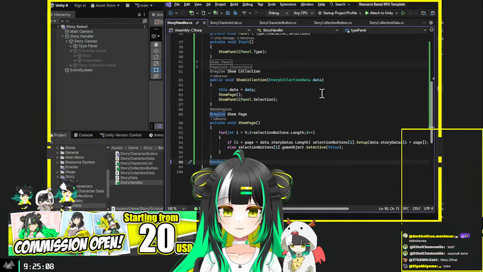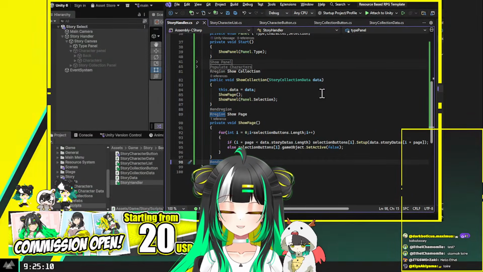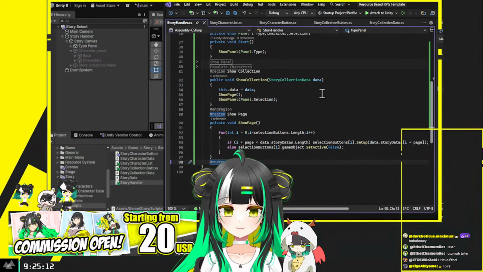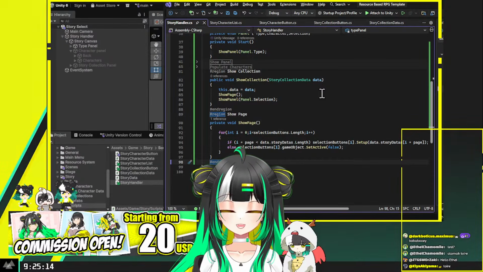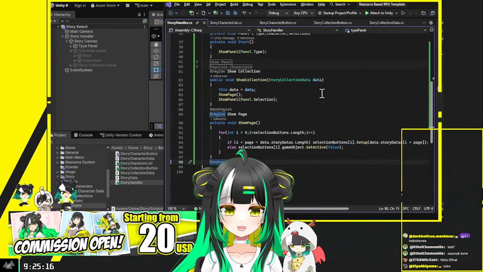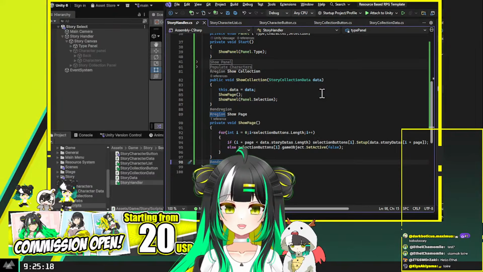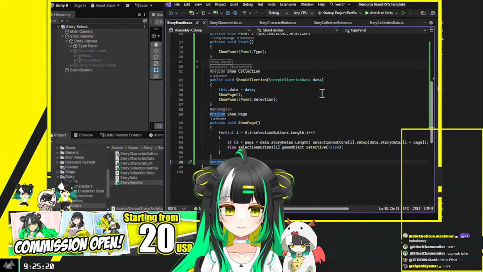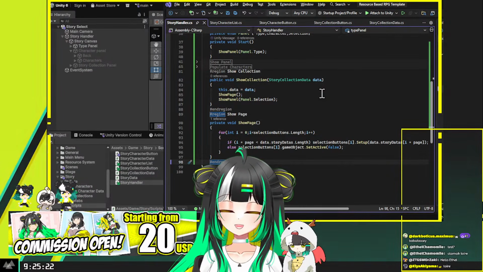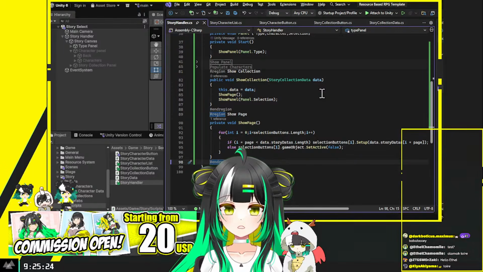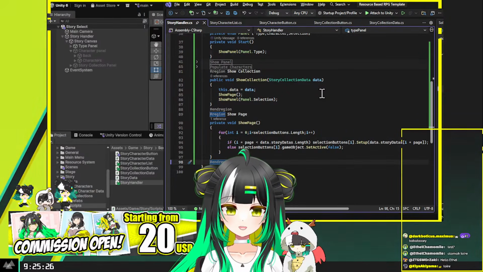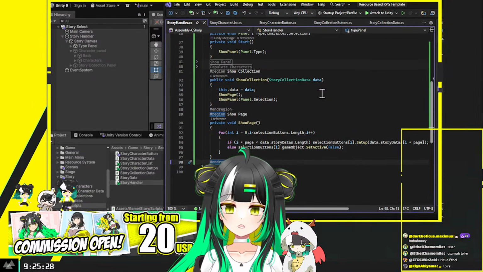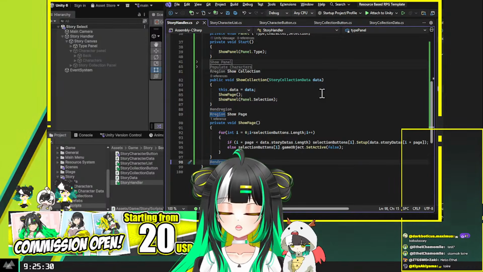If it's 1 times page 2, that's 2, which is not right. Yeah, it can't be just times page. That's not correct. So it should be something more like